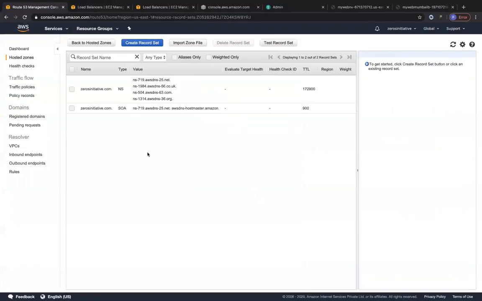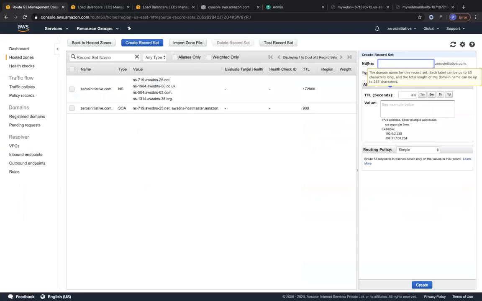Okay, cool. So let's go ahead and remove both of these record sets now. So now we have looked at the simple routing policy. We have looked at the geolocation routing policy. We have looked at the latency routing policy. Let's do the weighted routing policy. So let's go ahead and create a record set. Let us call this website 4.